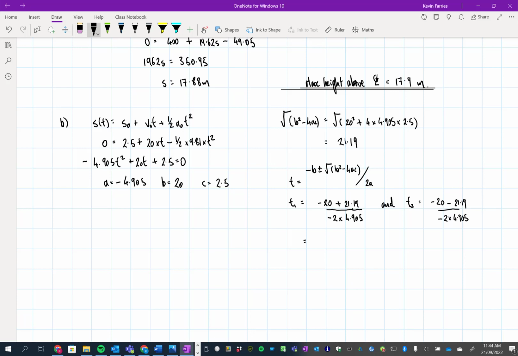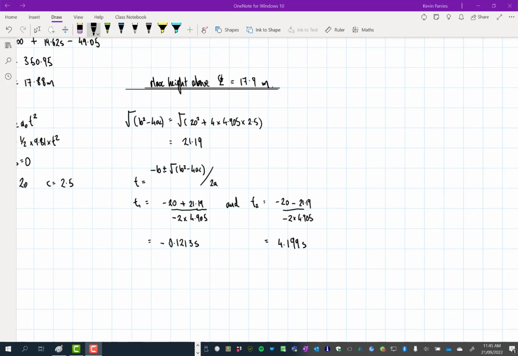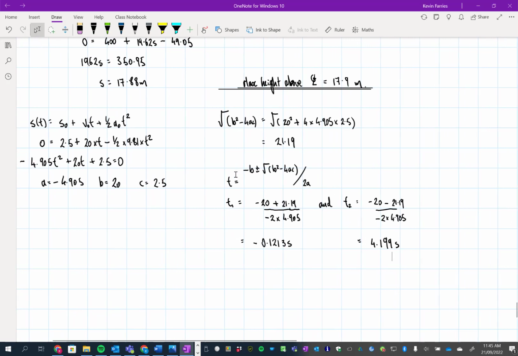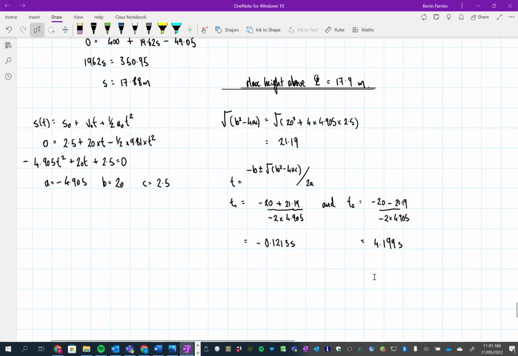Then we'll just figure those out. Okay, so I've just calculated those and kept them to 4 significant figures for just now. And so what we can see is we've got one answer, T1 is negative 0.1213 seconds, and another one,